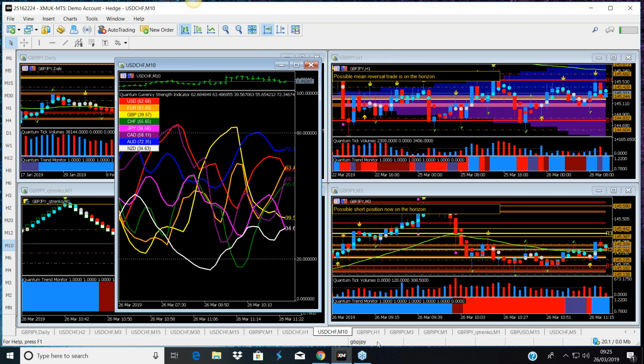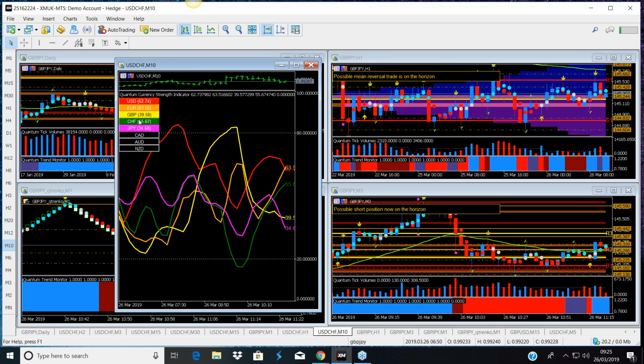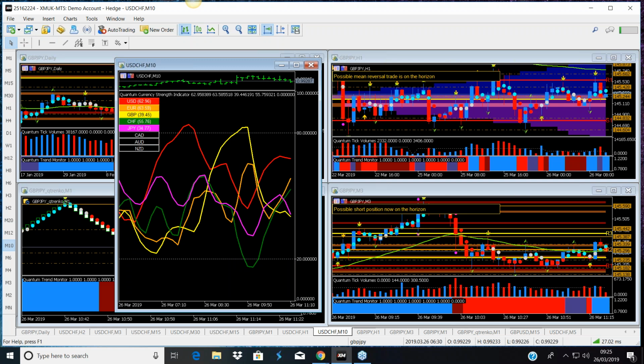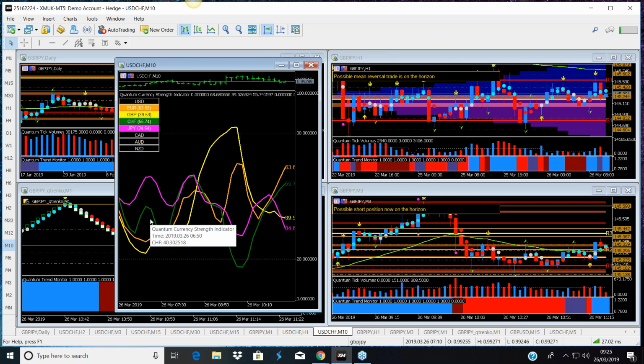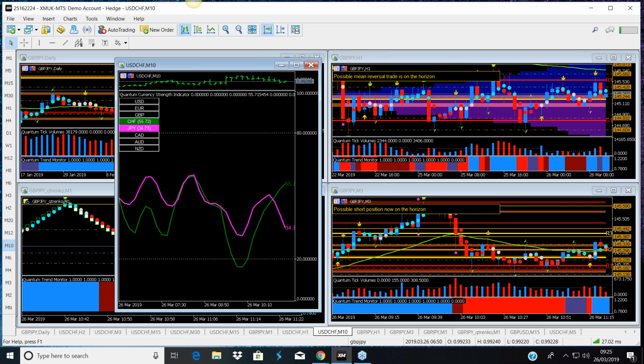Now, looking at the 10-minute there, if you were looking at the Swiss franc as an opportunity, you would be much better served looking at the yen at the moment, certainly the yen. Possibly the pound, although again, that looks a little bit flat there. It's not diving as strongly as you might. It might kick down to another level. But literally, as we're talking now, you're seeing the cross there. Anna's just flicking them off for you just to highlight that. You can see there the Swiss franc's not rising nicely, the green line, and the Japanese yen has now kicked over and is selling off quite strongly. So you'll see a trend there.